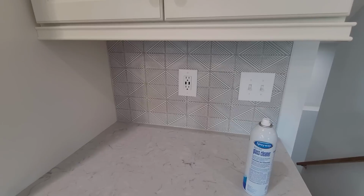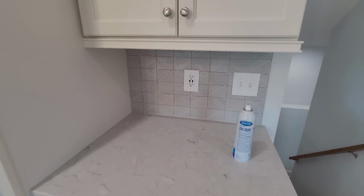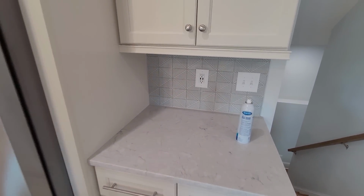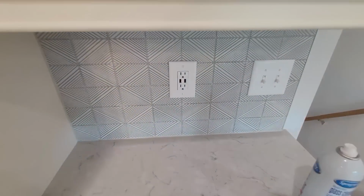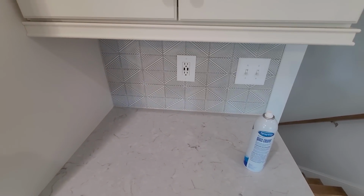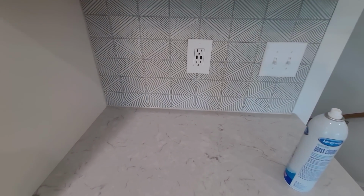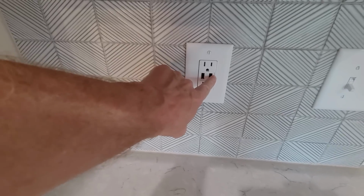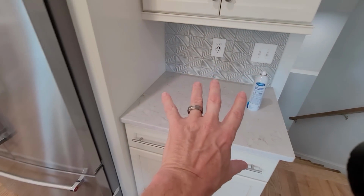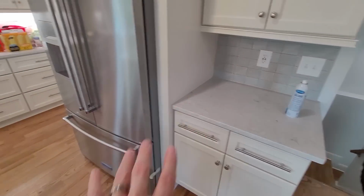Pretty much what's in. People seem to be going with the kind of clean lines, but this is kind of both. It's got the clean lines, but it's also got some texture and some pattern, so it kind of hits both motifs, but it seems to work real well with this. And we like to put in a couple of USB outlets, especially this is the area that's likely to have your phones to charge. Over here,